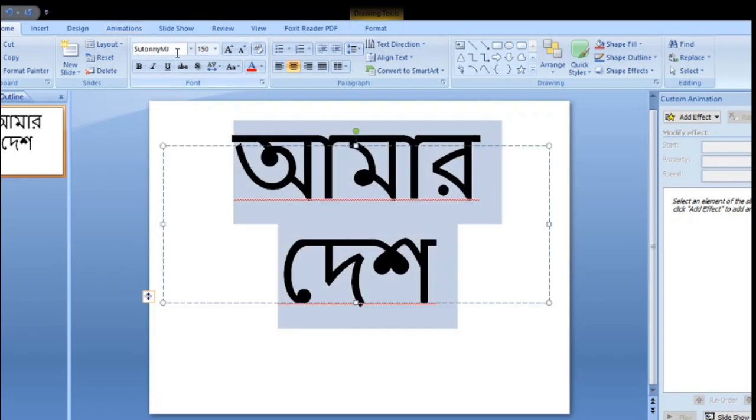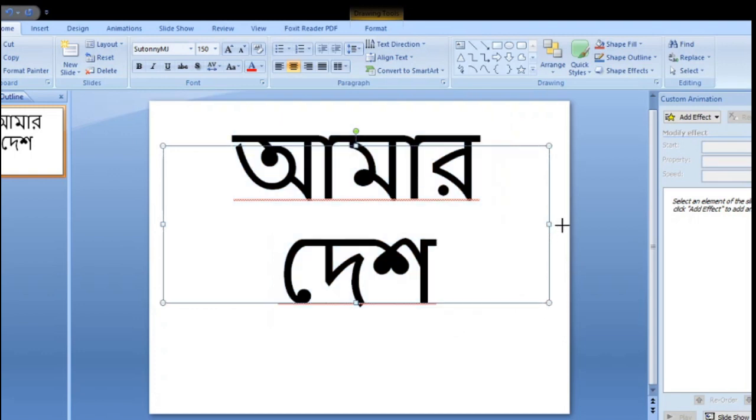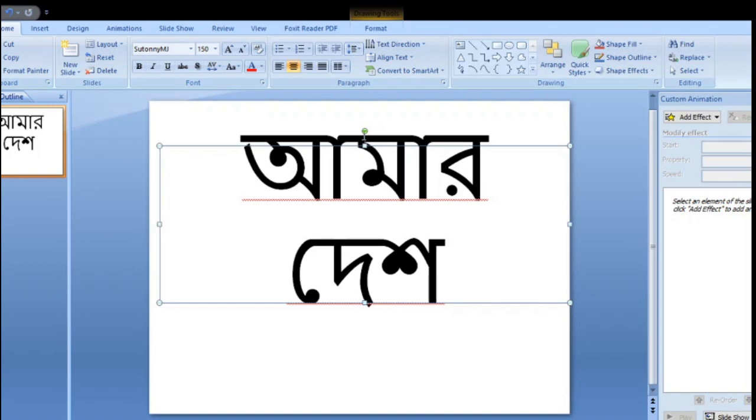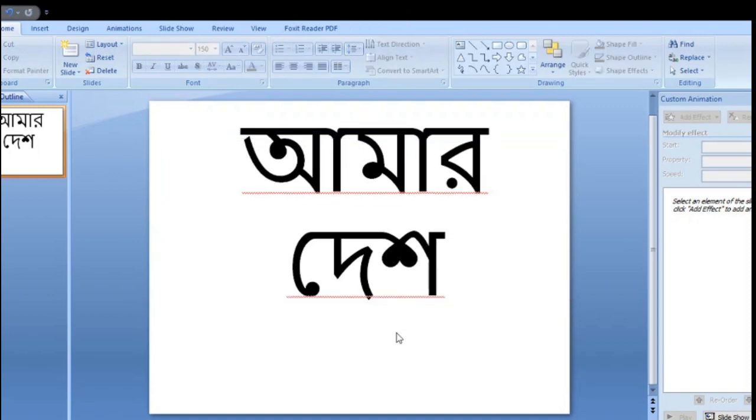Now the font Sutoni MJ and size 150 are shown. You may adjust anything else in this text size. Amar Desh. Okay.